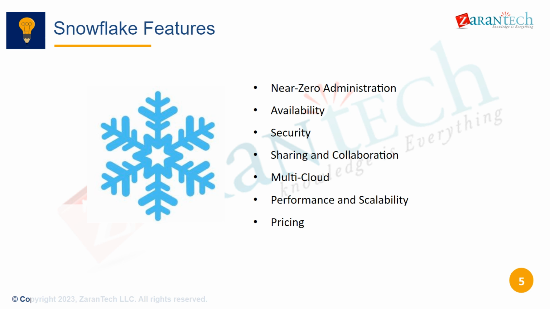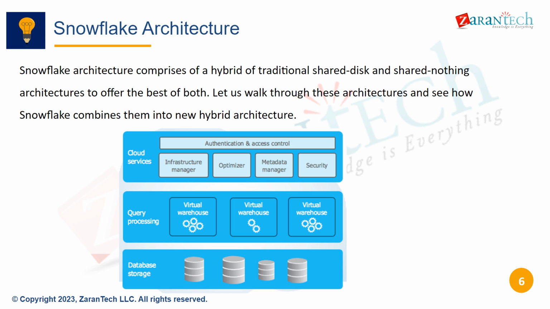Multi-cloud. Snowflake is deployed across multiple public clouds like AWS, Azure and GCP. This prevents vendor lock-in. Performance and scalability. Separate storage and compute allow independent scaling. Workloads can be scaled up and down. Pay-as-you-go pricing. Users only pay for storage and compute resources used. No upfront costs. Snowflake uses a unique hybrid architecture that combines the best elements of traditional shared disk and shared